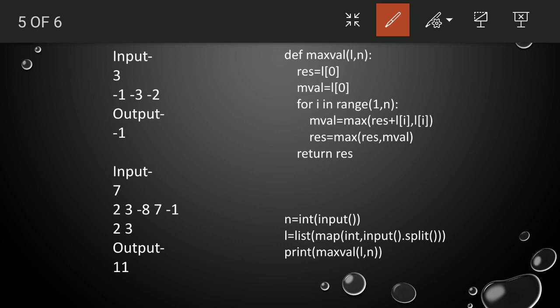Now what we are considering, same as the previous one, we will start from this index, and res will store the first value. So res will store -1, that is L of 0, and the M value we are taking as 1, because of that output we were not getting yesterday, that is -1. So for i in range of 1 comma n, we are starting from here to here, so i contains the value 1.